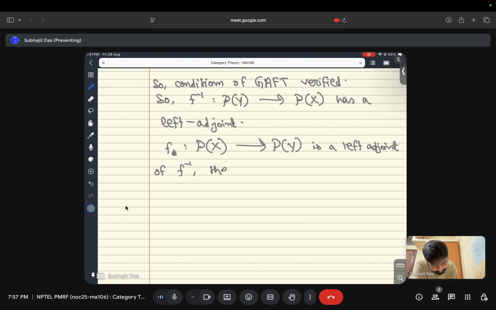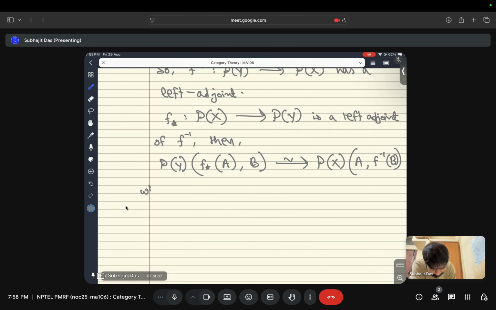Then py of f star applied on some subset a of x, comma some subset b of y, this should be in bijection with px of a comma f inverse of b,